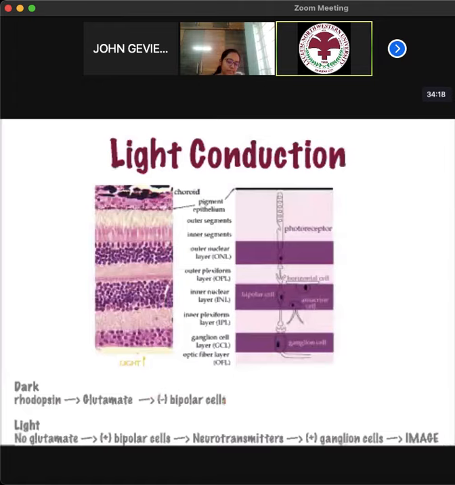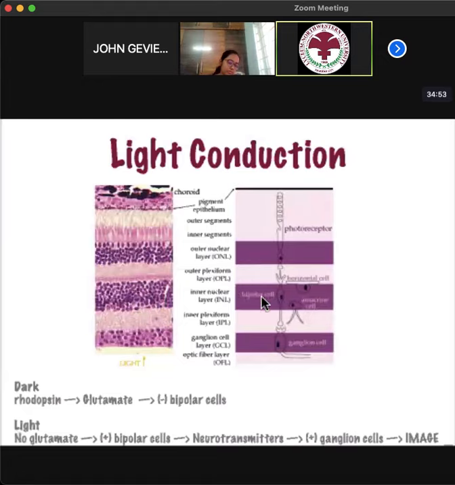So in the retina, the photoreceptors synapse directly onto the bipolar cells, which in turn synapse onto the ganglion cells of the outermost layer, which will then conduct action potentials to the brain. So at baseline, in the dark, the rhodopsin absorbs no light and releases glutamate, which inhibits the bipolar cell. This inhibits the release of neurotransmitters from the bipolar